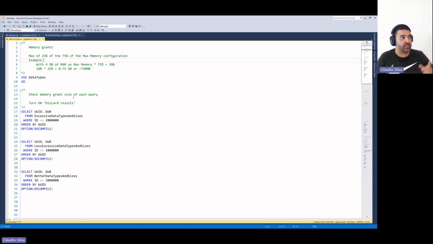What this means is that if I have an instance with 4 gigabytes as max memory configuration, it can use 75% of that, which is 3 gigabytes, for the memory grants. And each query will be able to request up to 0.75, or 750 megabytes, again more or less, of memory to run the query, okay?